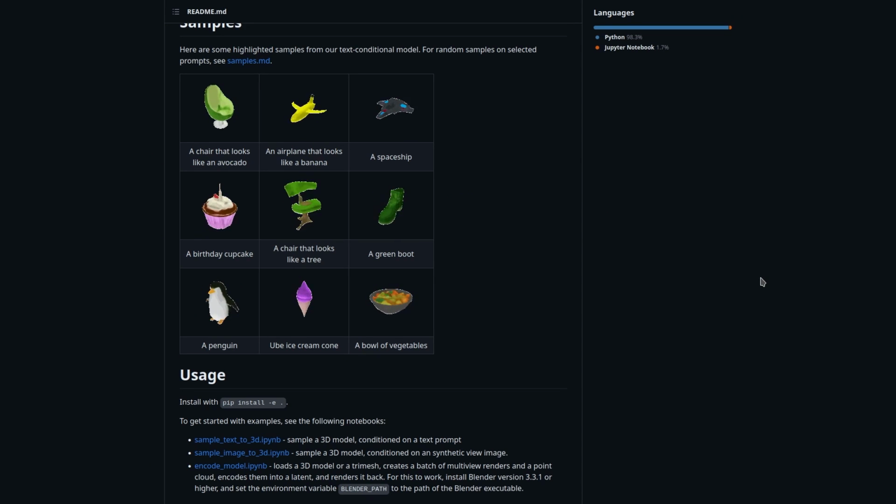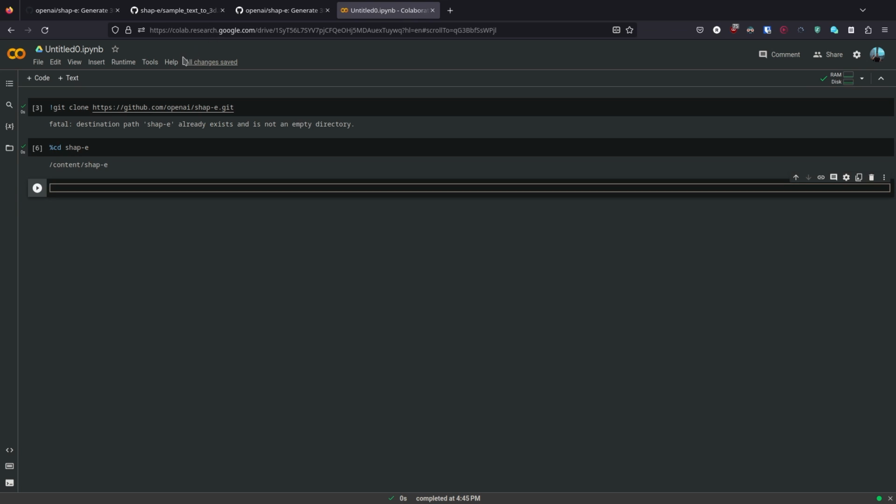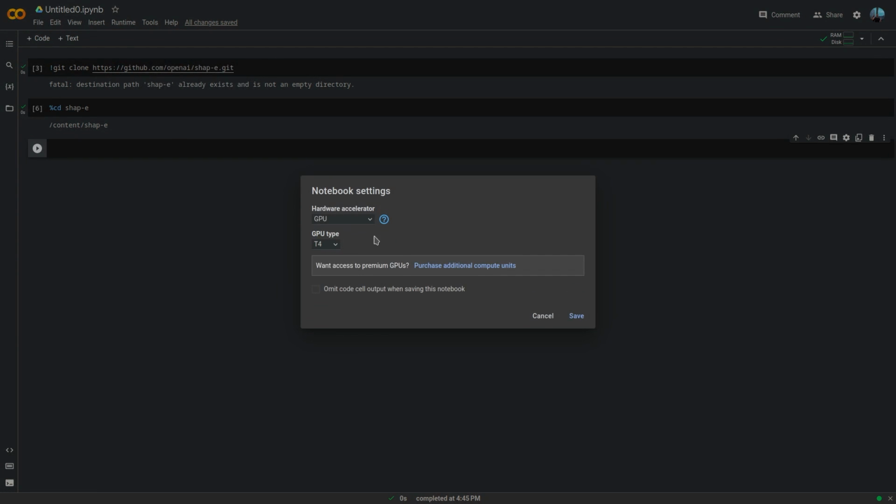So now I will show you how to use it. It's quite simple. All you need is basically a Python notebook. I'm using Google Colab because they have this function: in Runtime you can change the runtime type to use a GPU hardware accelerator. I have an RTX 2060, which is not even close to what is needed to run this. So I recommend that you use one of these Python notebooks because they provide an online GPU and you pretty much don't pay for anything.